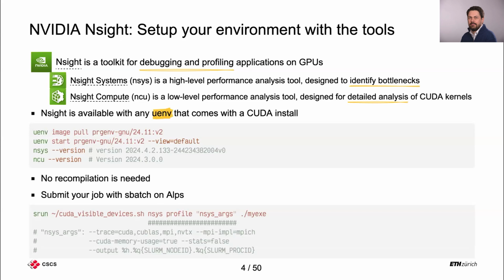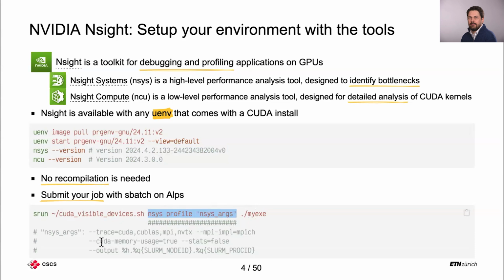So Nsight is available at CSCS with basically any user environment that comes with CUDA. For example, here, if you pull and start the program environment GNU, you will pull CUDA and the compilers, but also the tools, so nsys and ncu. The nice thing about Nsight is that you don't really need to recompile your code. You just need to submit your job with nsys profile as before